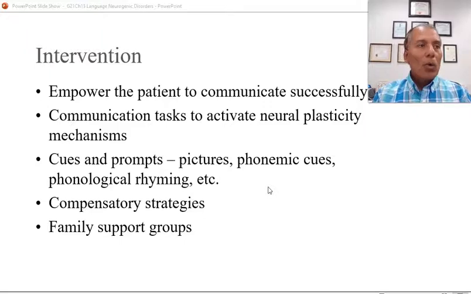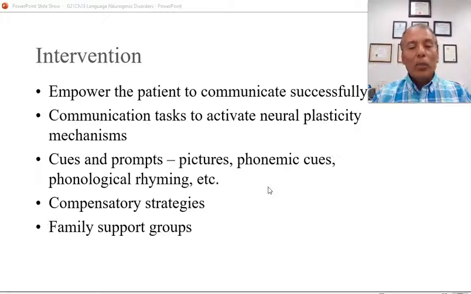Say someone is having a tough time recalling something and is going to want to go to a restaurant, so you can say, okay, this means good, yes, you can use your thumb. This means no. This means I'm not sure. Something like that. So compensation is trying to use strategies to go around, to bypass the difficulty that the person is having by using different techniques.